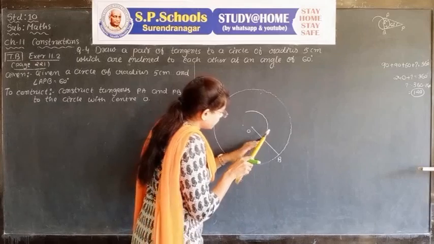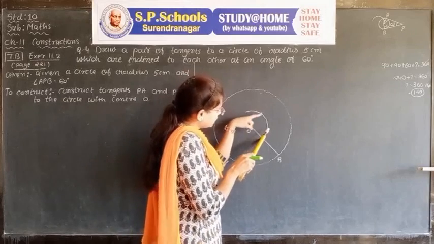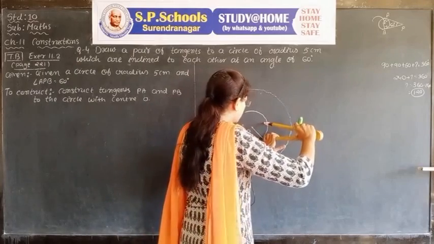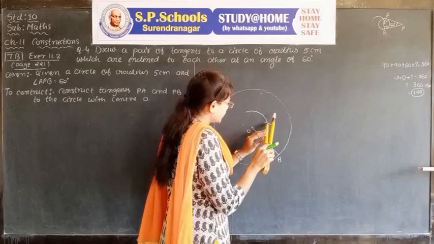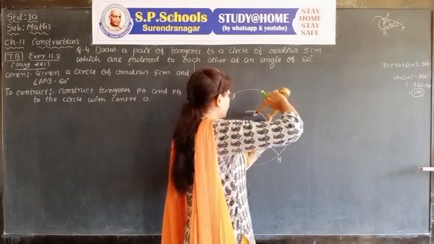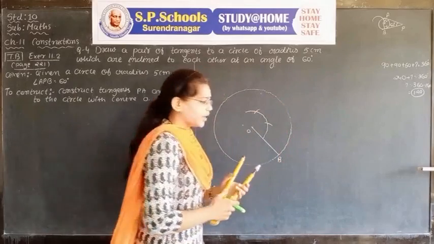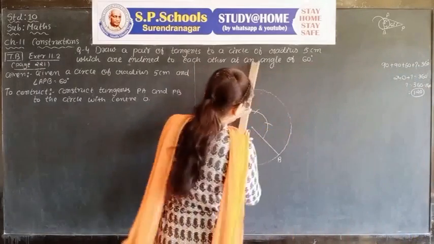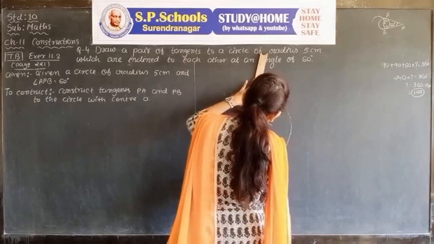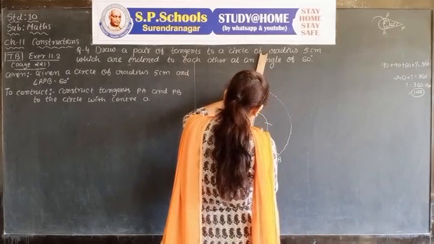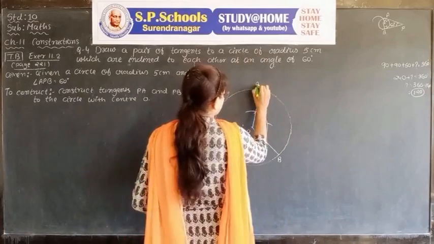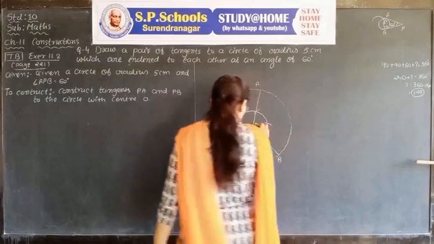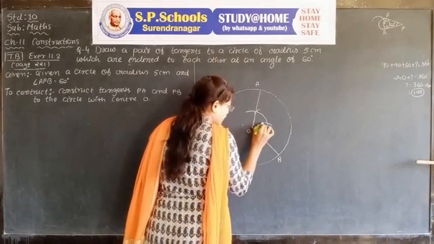Again taking the center, where the semicircle and OB intersect each other, draw one arc. It is an angle of 60 degrees. Again taking this as the center, draw another arc and it gives us an angle of 120 degrees. Now we join O to this intersecting arc. Here is A. OA, OB is an angle between two radii of 120 degrees.